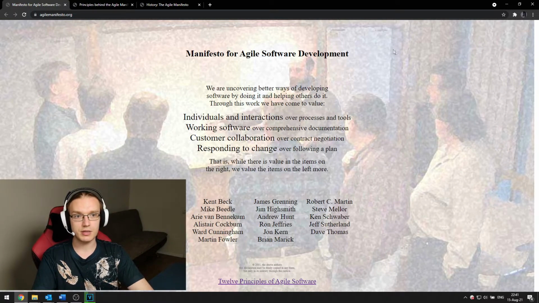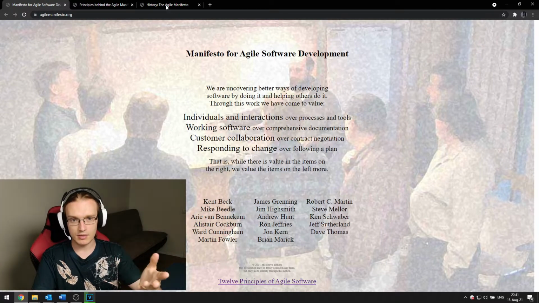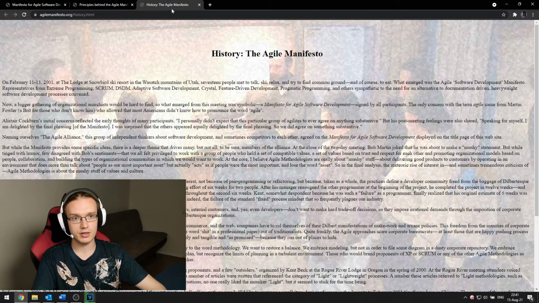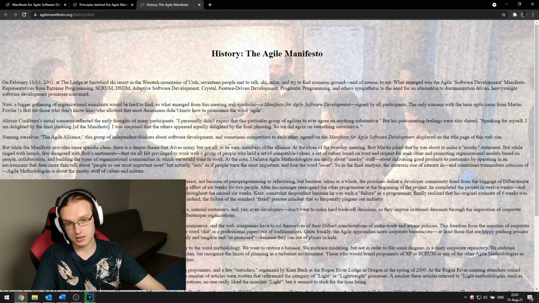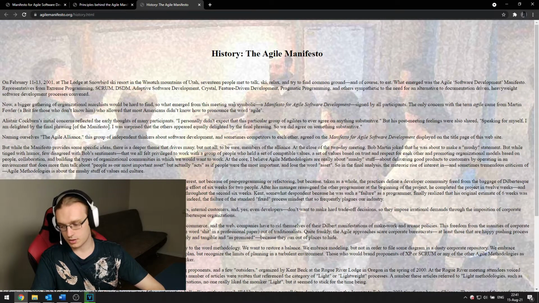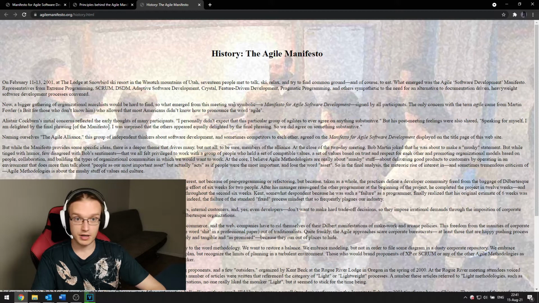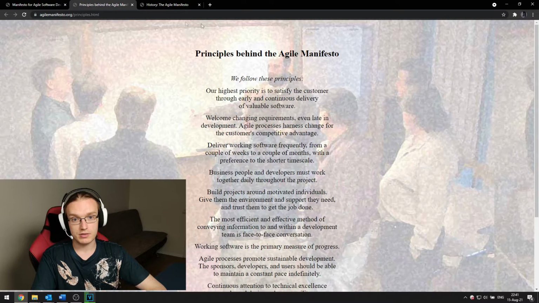There is a great story behind this manifesto. You can find it on the history page of the Agile Manifesto, history.html. It's quite short, but it's kind of fun. And well, that was the Agile Manifesto. You see, that's easy. A thing that would be more interesting, I believe, is the principles of the Agile Manifesto and agile software development. You can find them on the same website, at the link